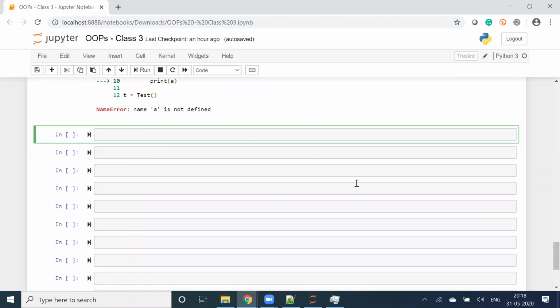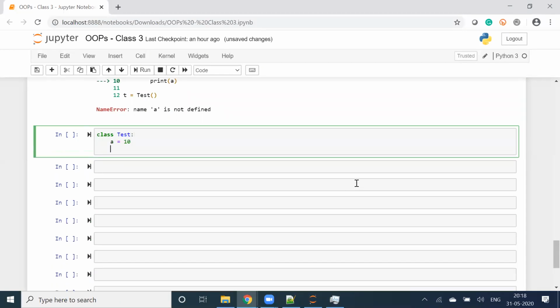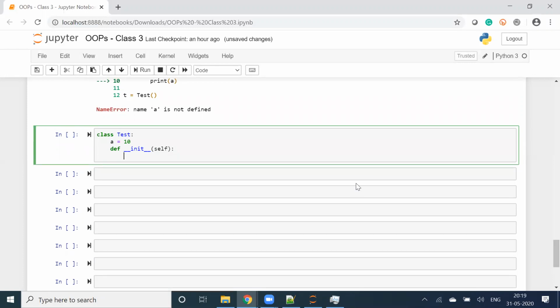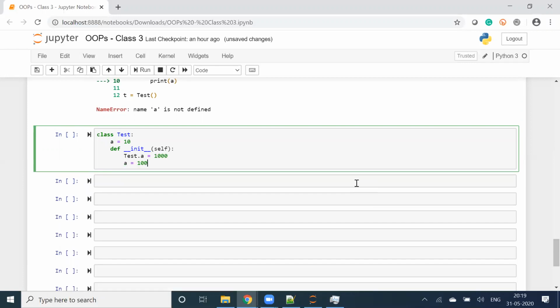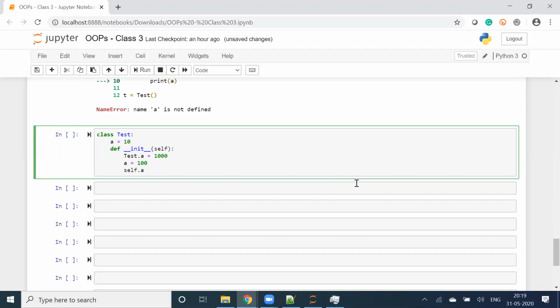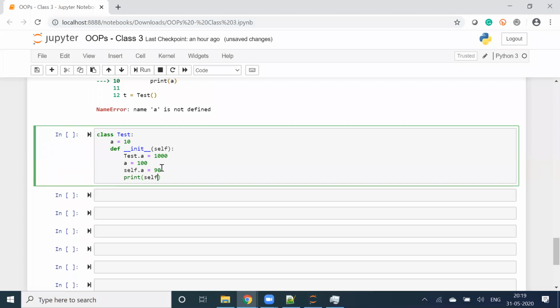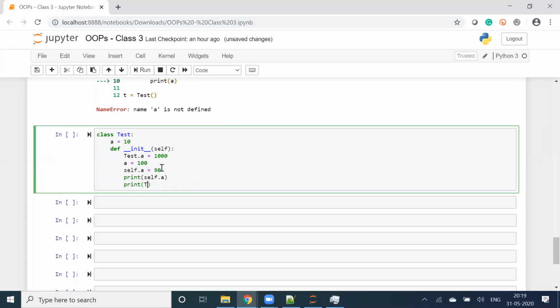So now class test, a is equal to 10, def init self. Now tell me: test dot a is equal to, let's say, 1000, a is equal to 100, self dot a is equal to, let's say, 90, print self dot a, print test dot a.